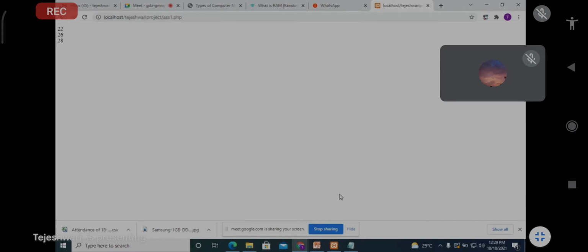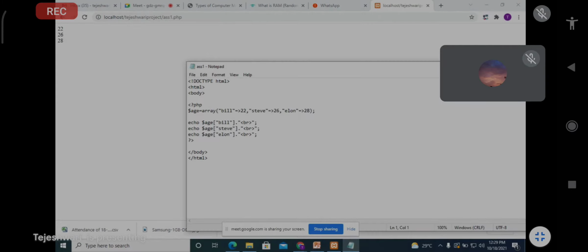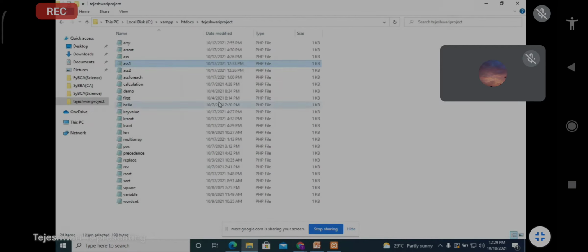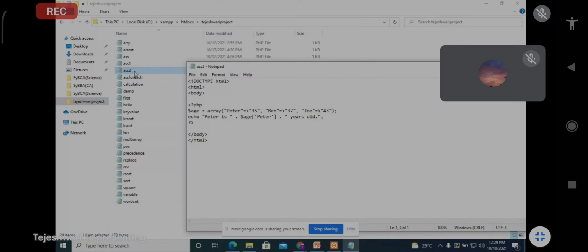This is a simple example. Next one. Last time we discussed this example. HTML body. We just want the associative array, so just declare the associative array. $age is your variable.